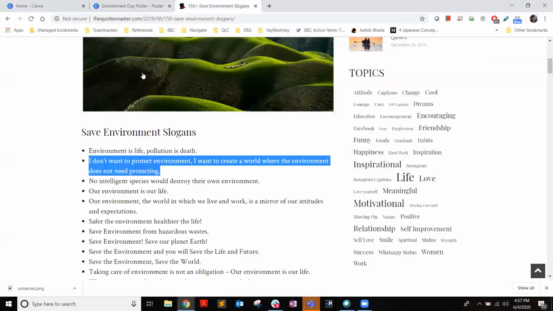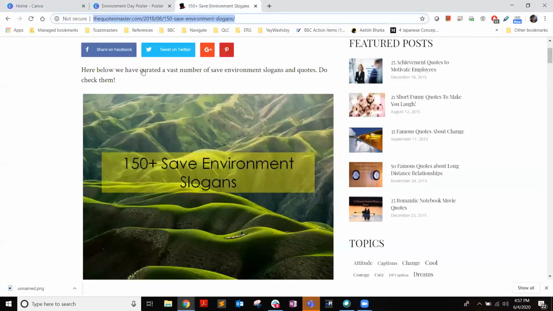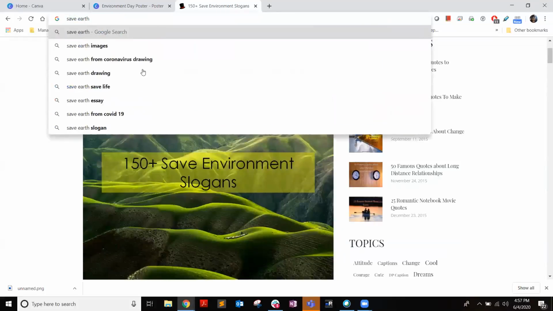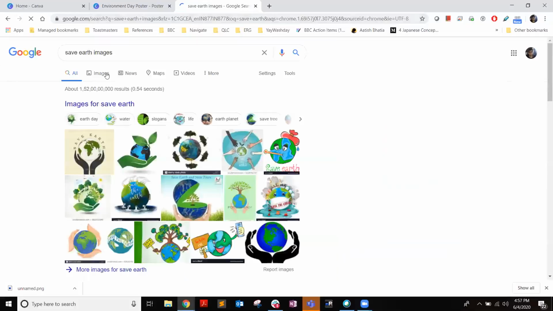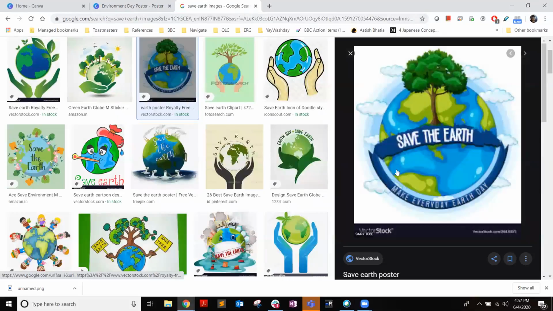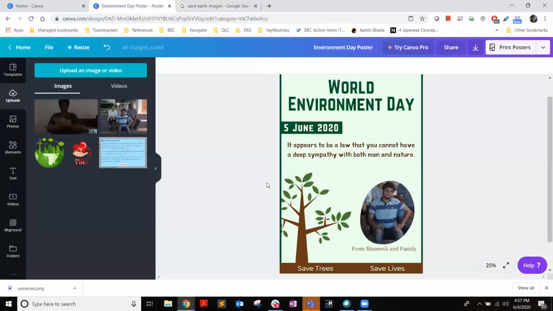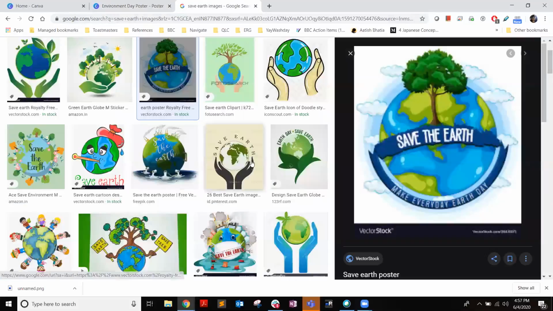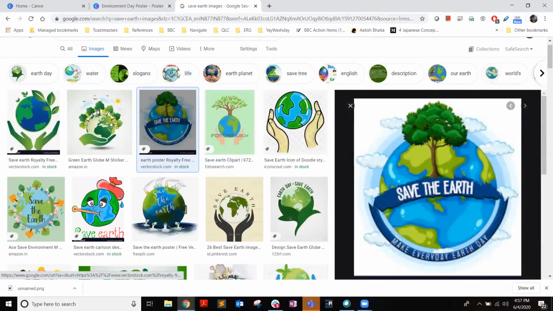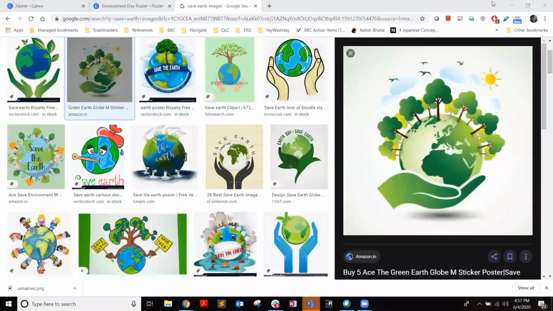You can similarly download an image and then upload it. Say I wanted to save Earth images. Then say I like this one. I'm going to click here, download it and upload it and add it to my poster. So obviously feel free to innovate along those lines.